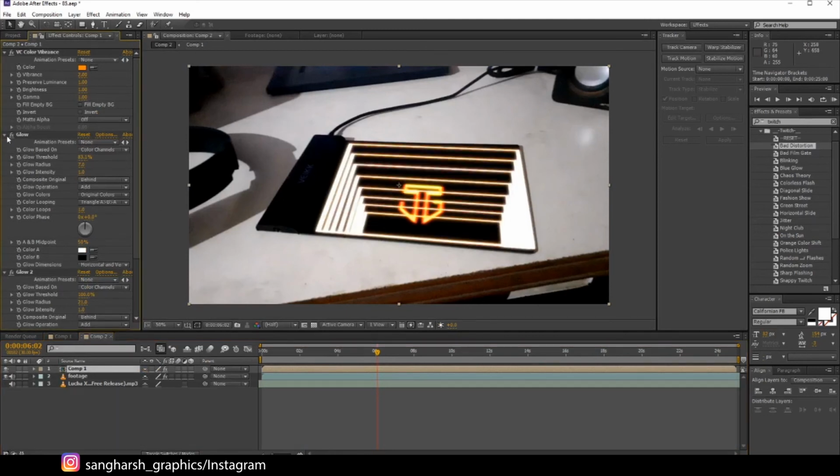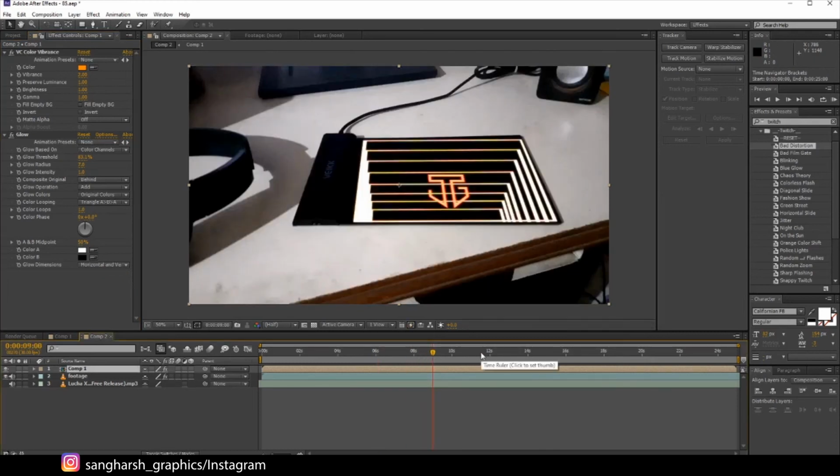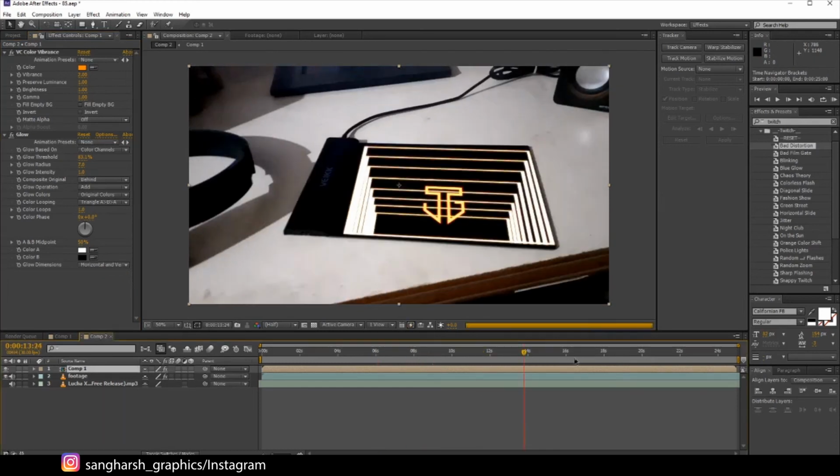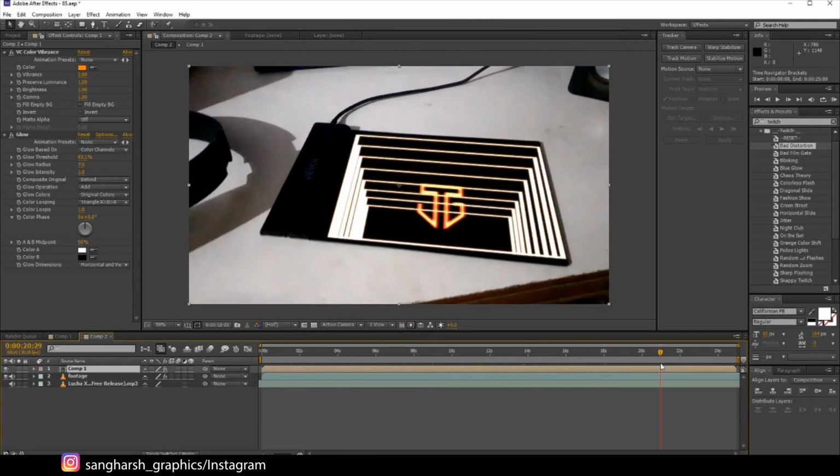For now we can just disable one of the glows, we can disable the second glow, like this. As you can see, now we have this cool effect.